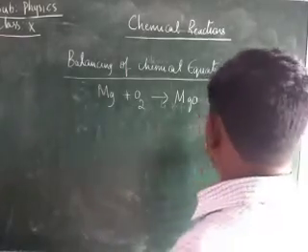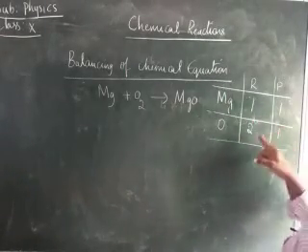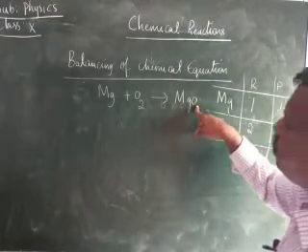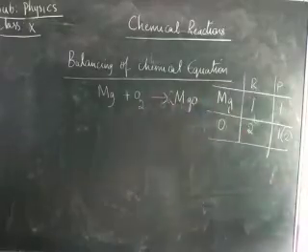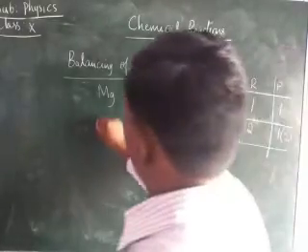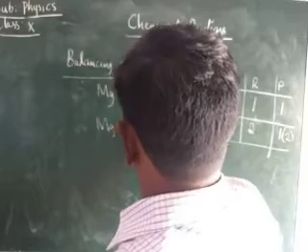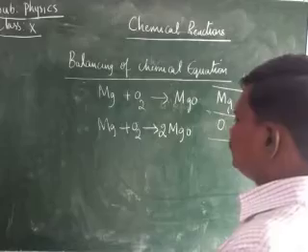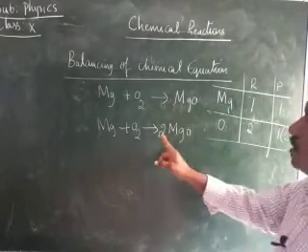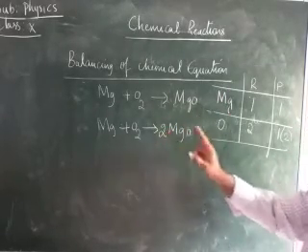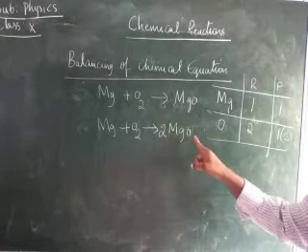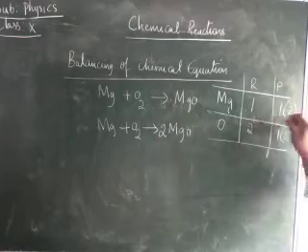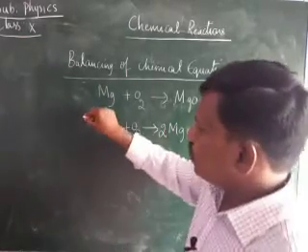Therefore, I want to make this oxygen 2, children. To make the oxygen 2, I write 2 here. This is actually the skeletal reaction, therefore I am balancing it. I am keeping 2 as a coefficient for this compound. Therefore this 2 indicates not only the oxygen but the magnesium also. Here, on the product side, we are getting magnesium 2. Therefore, can I keep this 2 for the reactant side?